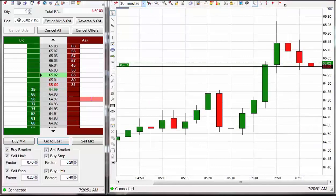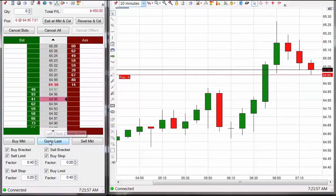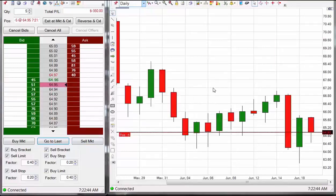That's what the 10-minute looks like. Okay, I'm short at 95. I'll be right back. I need to replace the stop again. Okay, stop in place at 65.20. Exit is for 40 ticks. So 40 ticks is down at 64.55. I'll come back. So we do have mathematical confirmation that the code 2 is a short entry, and so